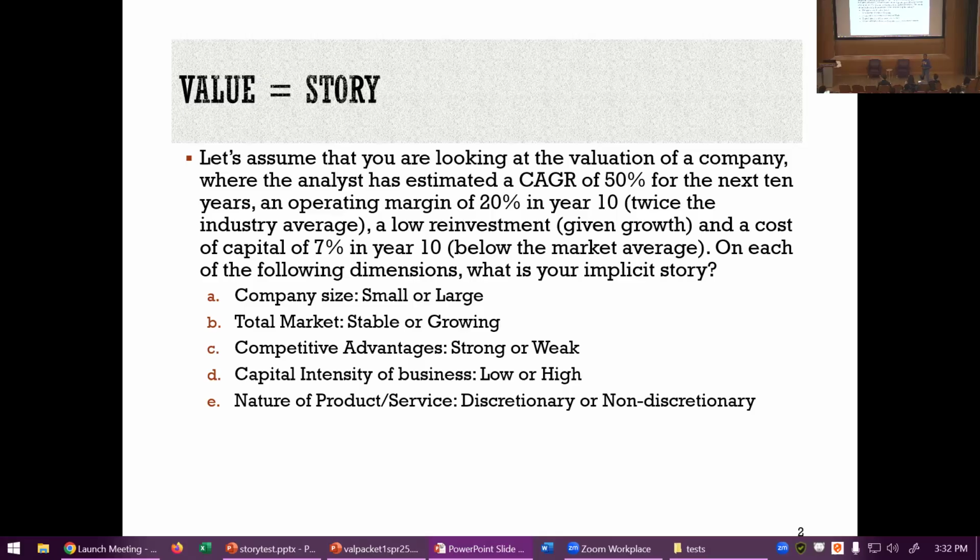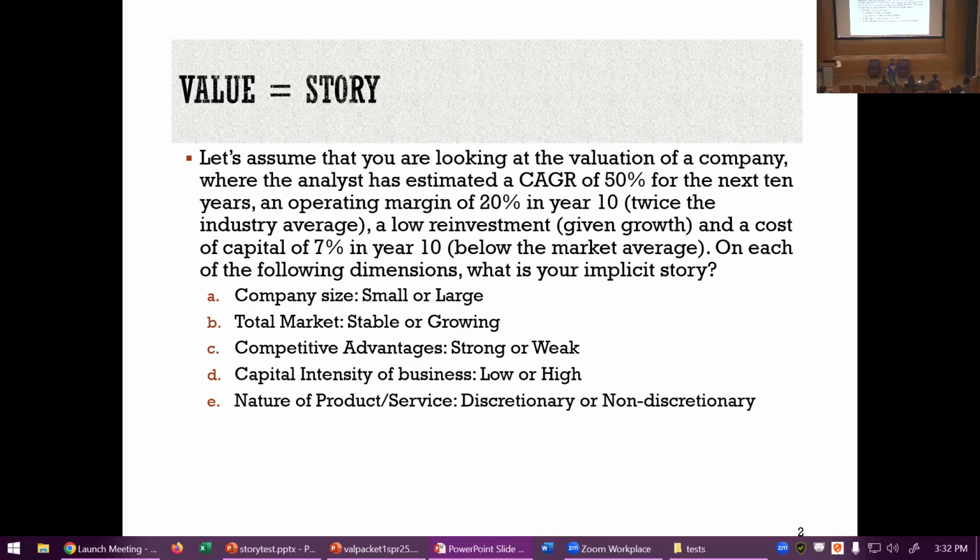Third, are you telling me a story about the competitive advantages that this company has? Somewhere in there, Sophia? The margins are much higher. There's something they're doing that allows them to charge higher margins. Maybe a strong brand name. Maybe a patent. What about capital intensity? Yeah. Low, and what is it that gives it away? The reinvestment is low, so the capital intensity is low.